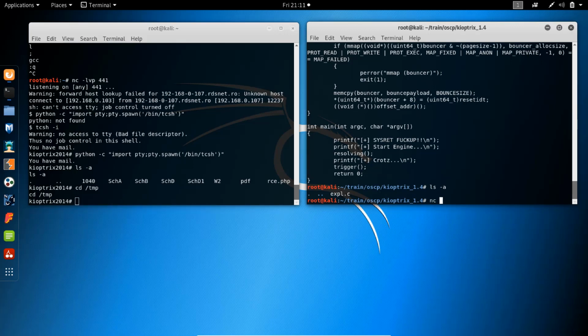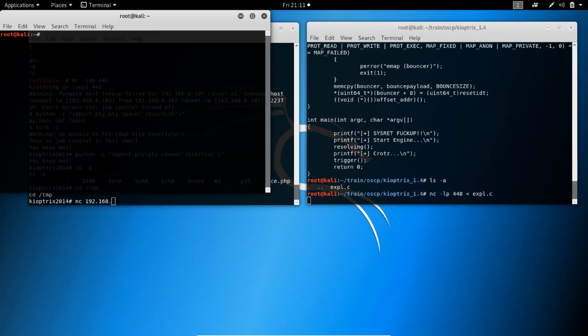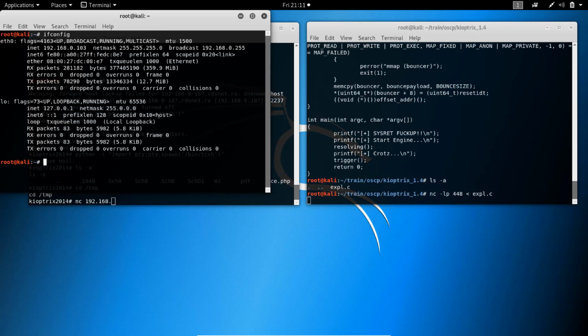So for that, we're going to listen, let's just do -lp on port 448, and we're going to take the information in expl.c. I believe this is the right syntax, but we'll see. And on the Kioptrix machine, we do netcat to 192.168. Let's see if my Kali IP hasn't changed. So it's 0103,